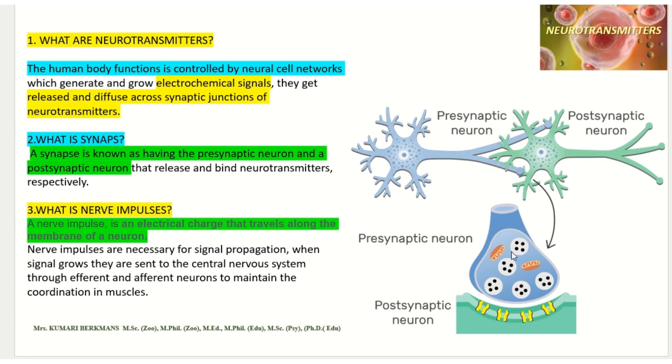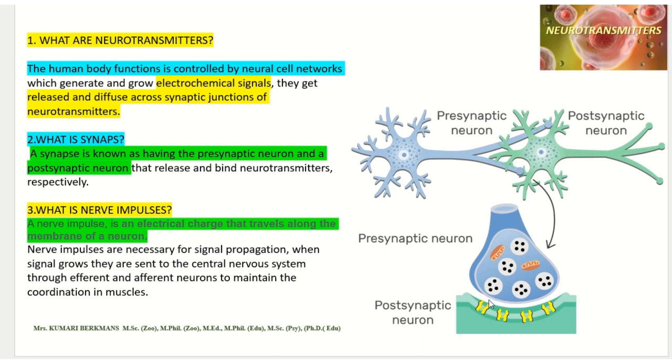What you're seeing here is one end of the neuron. This neuron is called the presynaptic neuron. What you are seeing here are the neurotransmitter vesicles, and what you are seeing inside is the neurotransmitter, that is, the electrochemical signals. These particles are called neurotransmitters. When they come and attach to the neurolemma, that is the membrane present in the neuron,